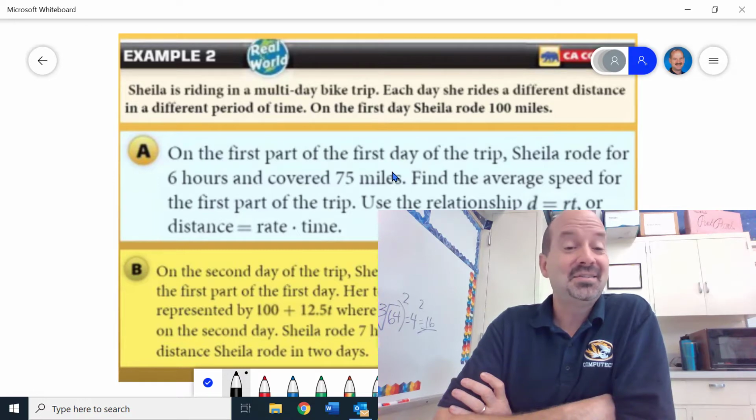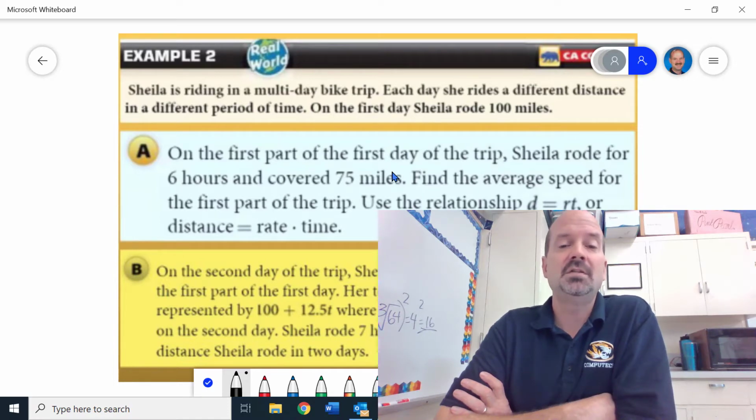All right, here's example 2. Sheila's riding on a multi-day bike trip. Each day she rides a different distance for a different period of time. On the first day, Sheila rode 100 miles. So part A, we're going to say on the first part of the first day of the trip, Sheila rode